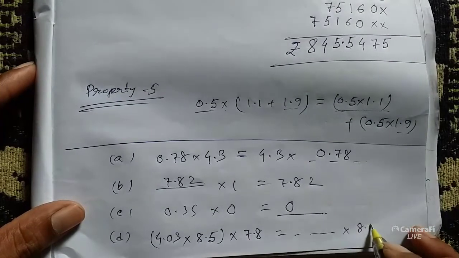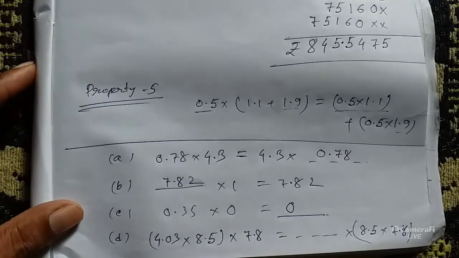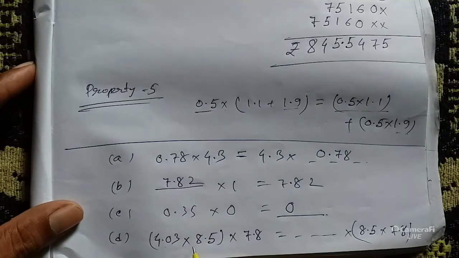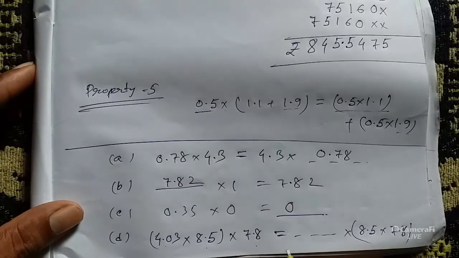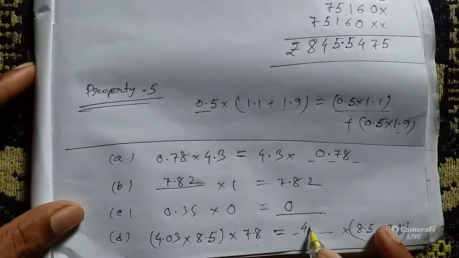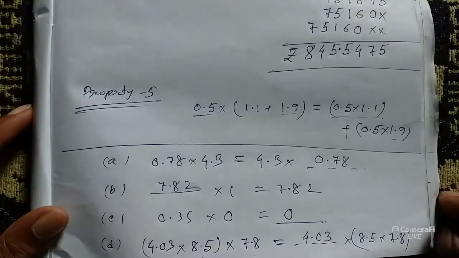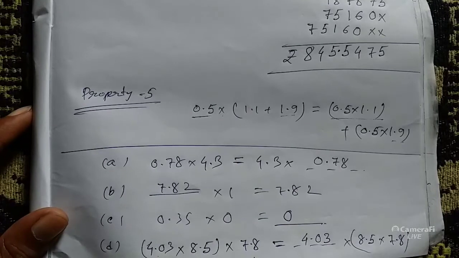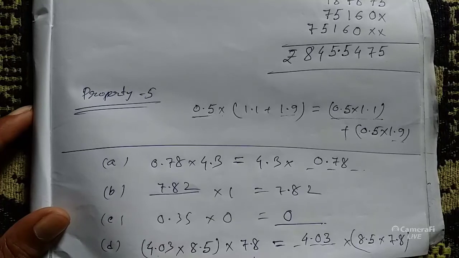See here, groups are there, first, second, third number. There is a group between first and second number, but on the right side there is a group between the second and third number. So what was the first number? 4.03. It will be here free. So these were some applications of the properties of decimal number multiplication. With this, the topic is completed here, and in the next class I will discuss another topic. Thank you and goodbye.